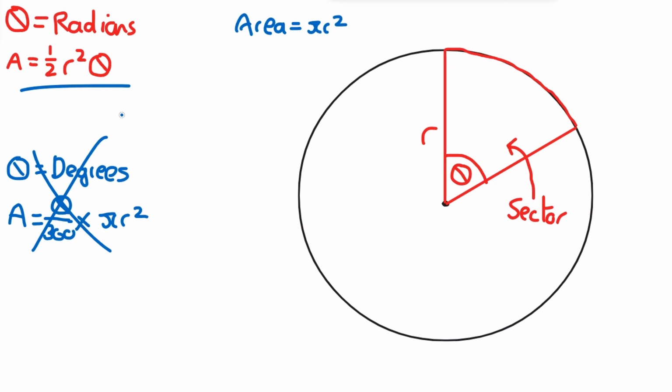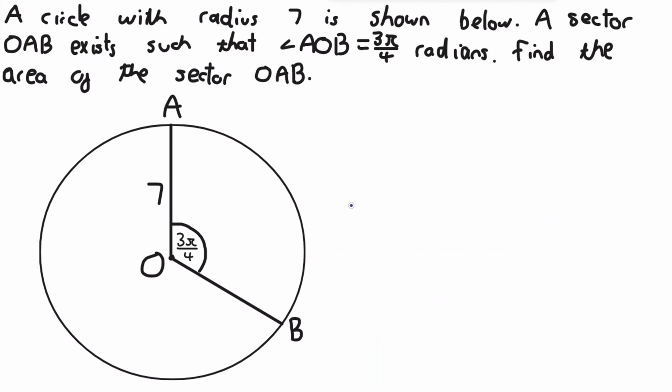We only use it in radians and this version here. So here's just a really quick example just to plug some numbers in. We have a circle with radius of 7, and we have this angle here of 3 pi over 4, which it tells us is in radians, although because it's in terms of pi you can kind of infer it's in radians. And we need to find the area of the sector, so we need to use the formula